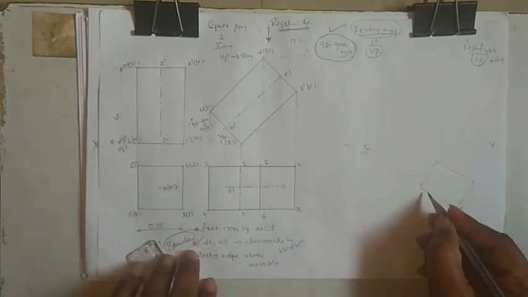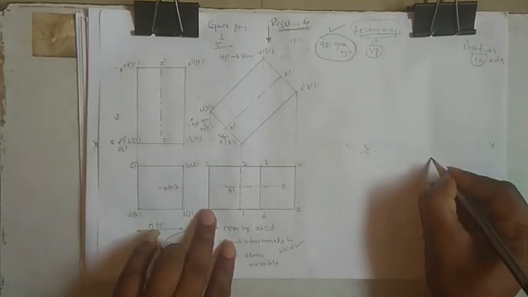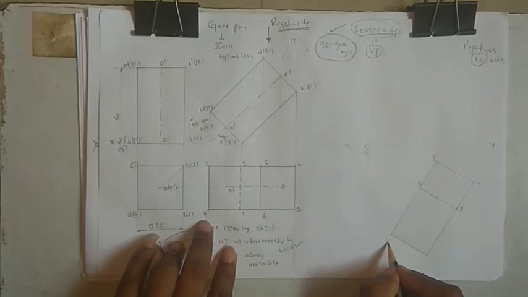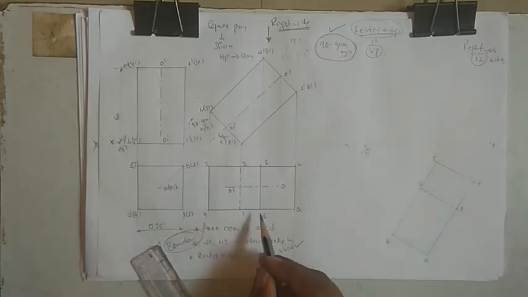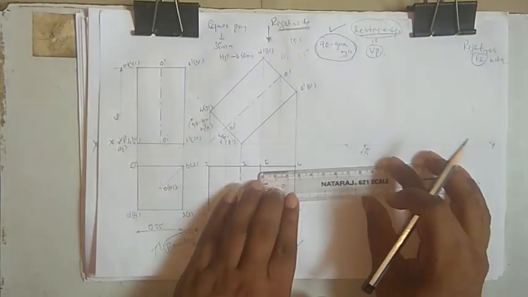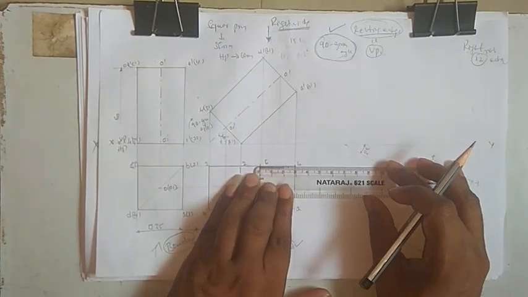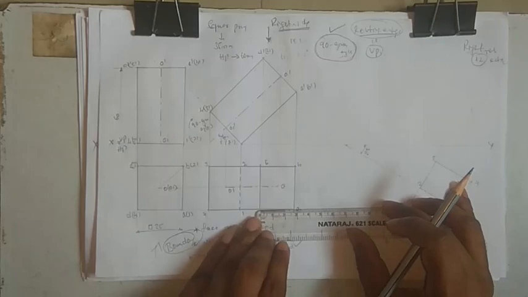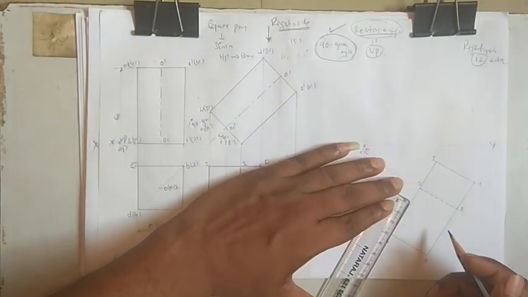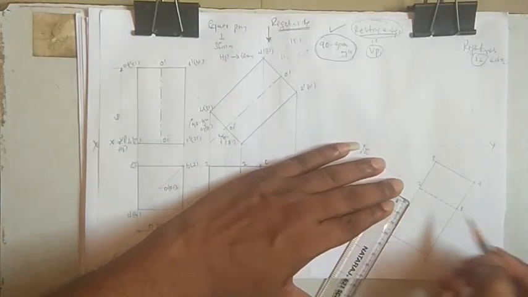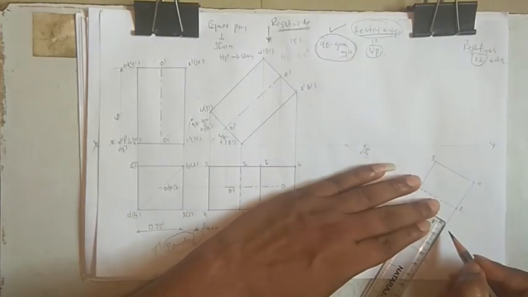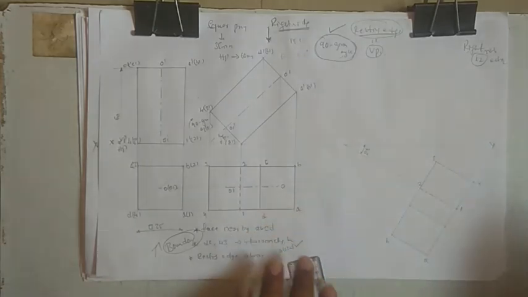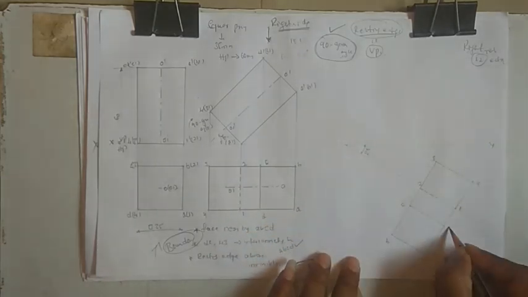Okay, so now you can see 2 is done, 3 is done, 4 is done. So B is done and A is done. So we need C and D. To measure from B to C, it's around 29 it is coming. From here also it will remain the same. So just mark 29 from here. Okay, and just join these things. Okay, so A, B, C and D.